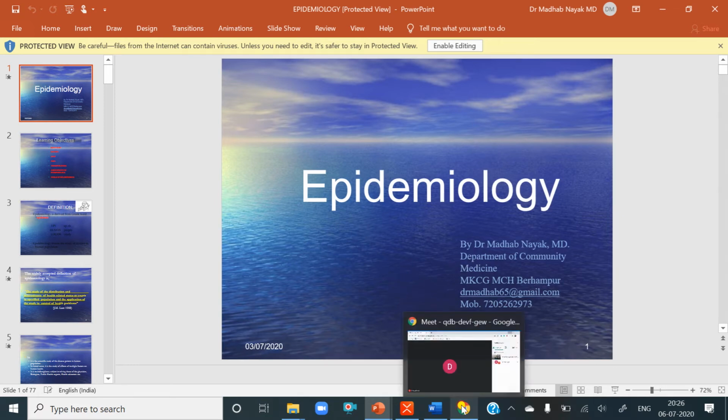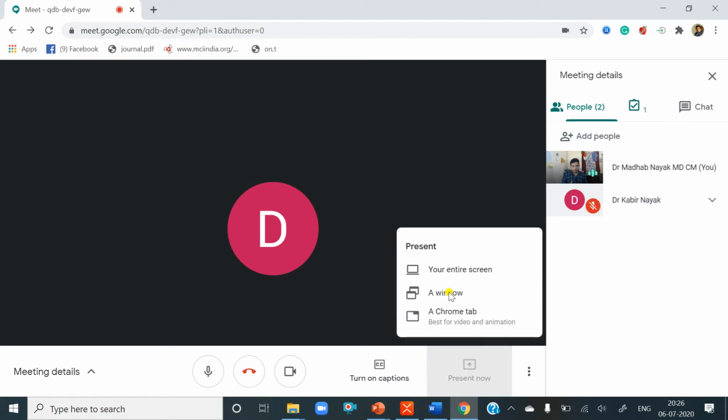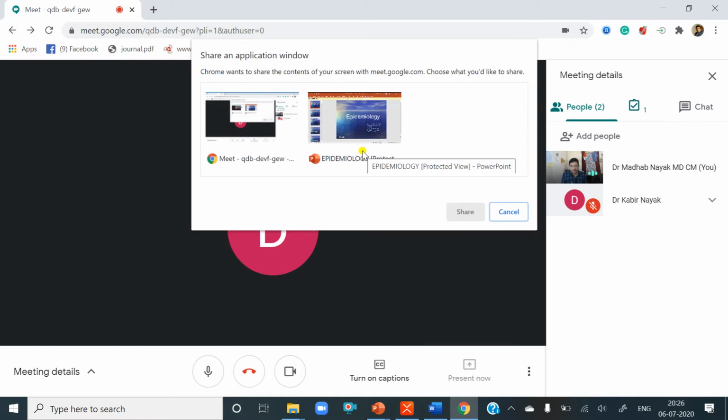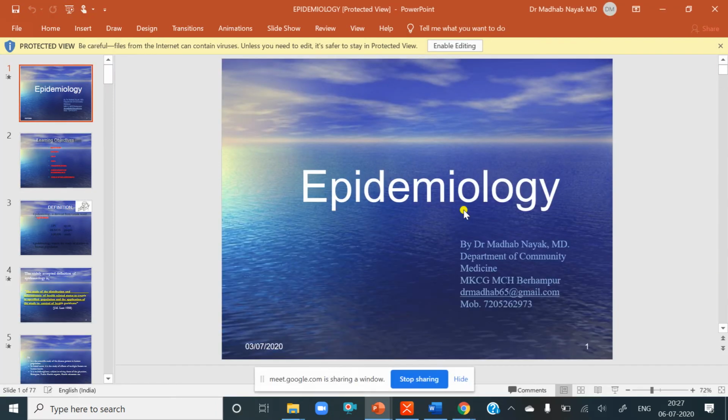Then after that I have to go to this particular Google Meet platform, and I have to just click present now, go to window, and I can see this is the epidemiology which I have already opened. Just click here and click share. Now the students can see this particular screen, and I have to take the classes.